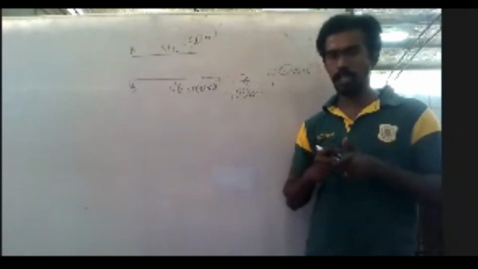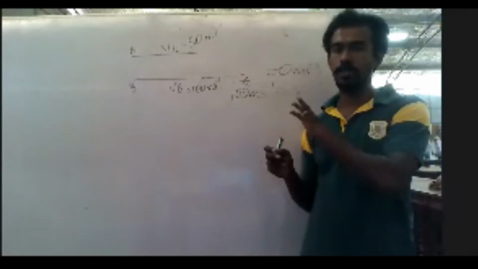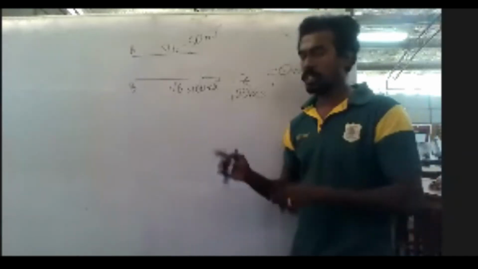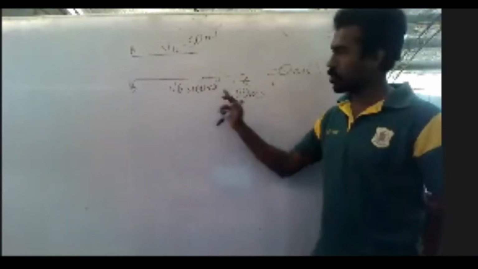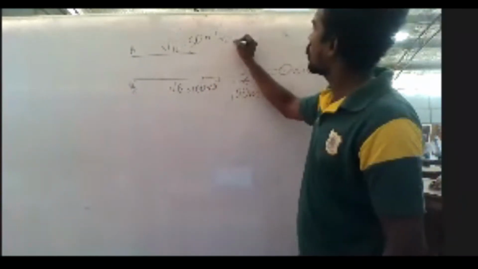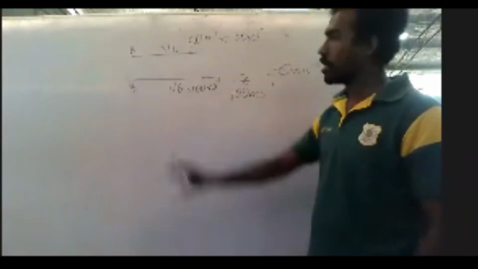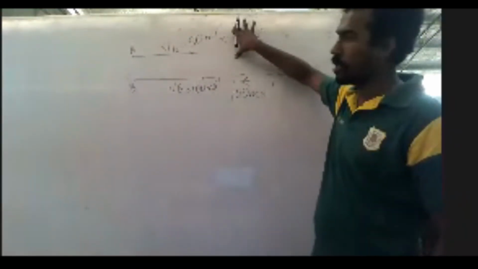Now I am going to see how much the velocity of A with respect to B is. Since I have stopped B by applying 100 meters per second to it, I am going to do the same for A also. I am going to apply 100 meters per second here, to A.